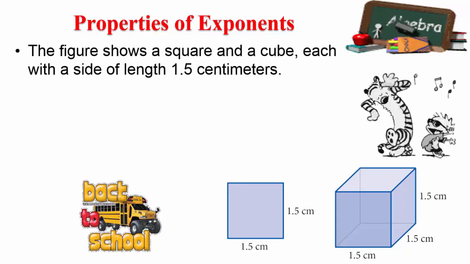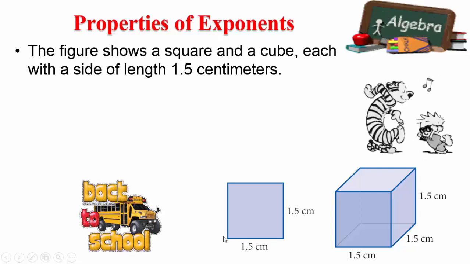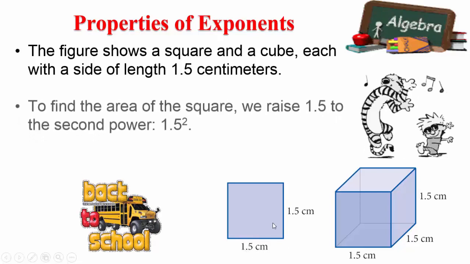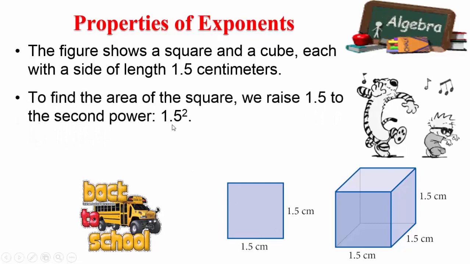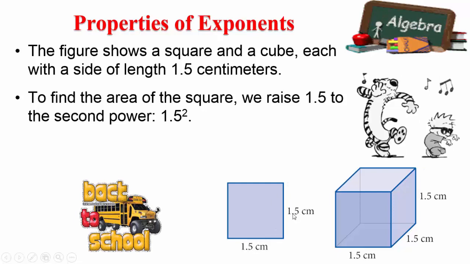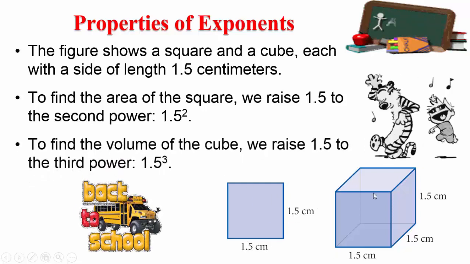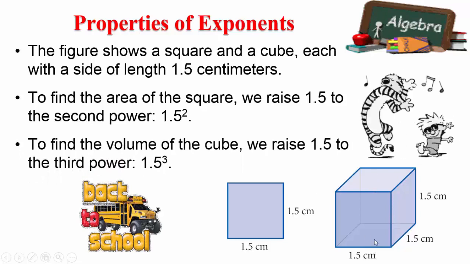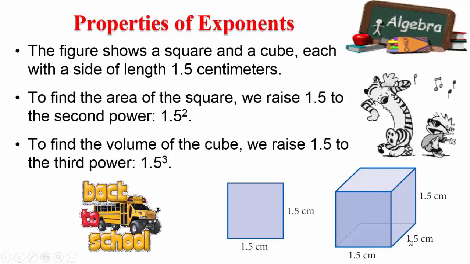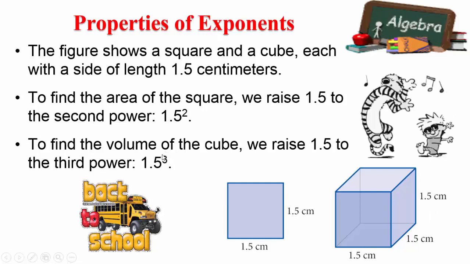The figure here shows a square and a cube. Each of these sides is 1.5 centimeters. So the area of the square is 1.5 squared, which means it's to the second power. Whereas the volume of the cube is 1.5 times 1.5 times 1.5, which means it's to the third